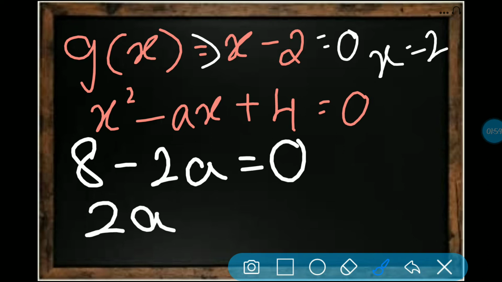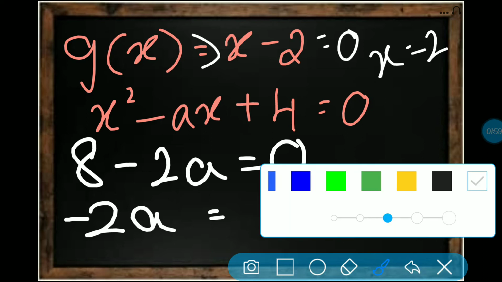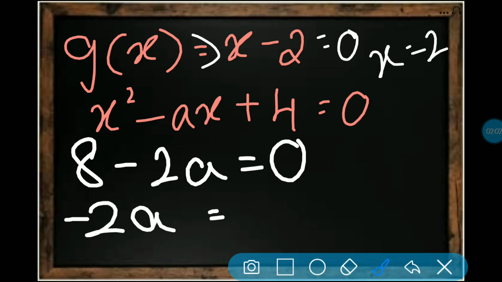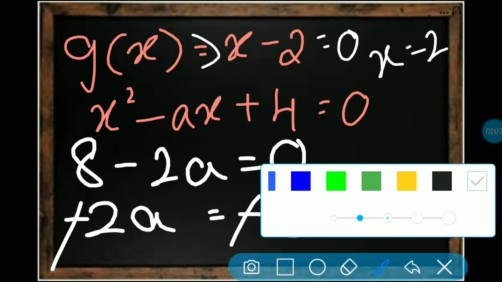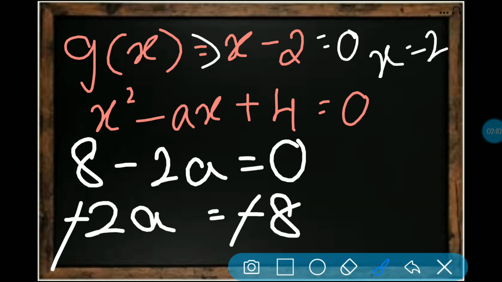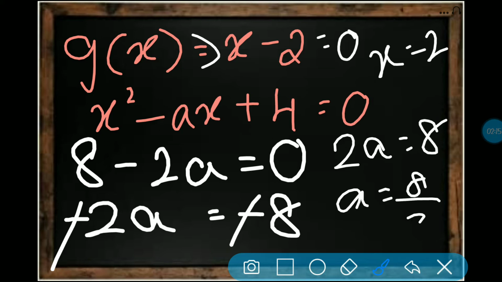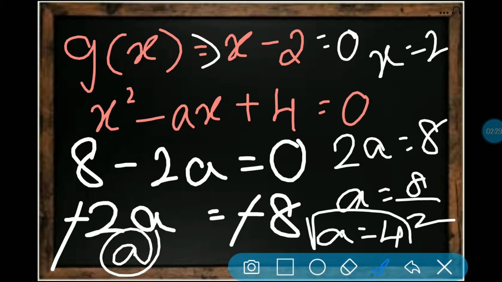Now minus 2a will go here, and it will be plus 2a. The 8 goes to RHS, which means it becomes minus 8. So this minus will get cancelled there only. So then 2a is equal to 8, and a is equal to 8 by 2, and a is equal to 4. Okay, clear? Now we found the value of a. So that's it, the a value is 4. Option is A. Okay, option is A, here I wrote. So you can take a screenshot if you require.